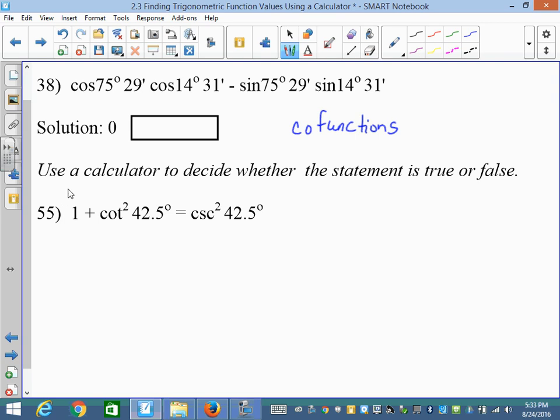Okay, the next problem, they're asking you to use a calculator to decide whether the statement is true or false. There they are using that cotangent again. So when you throw this in the calculator, you're going to do 1 plus parentheses tangent of 42.5 close parentheses twice. We need it squared, but we also need the reciprocal, so you're going to raise it to the negative 2 power. And you'll throw this into the calculator, and you're throwing the whole thing in,